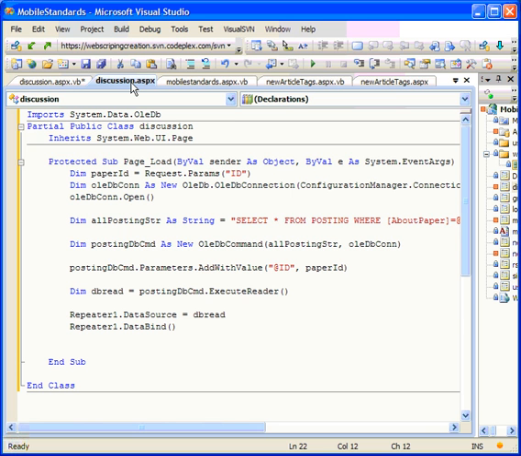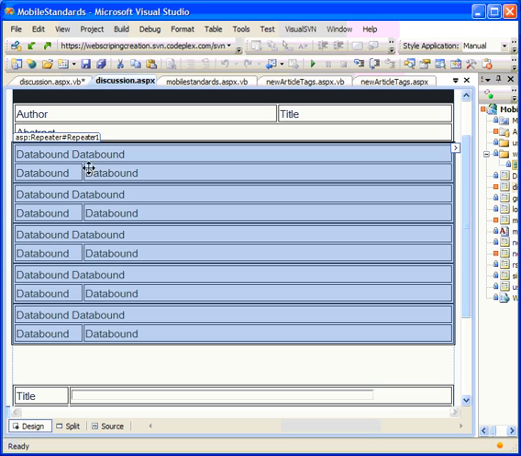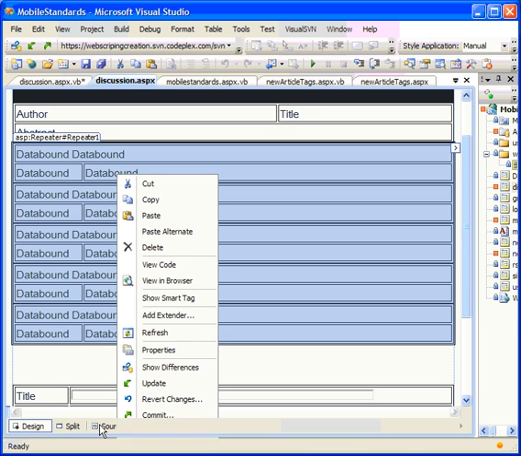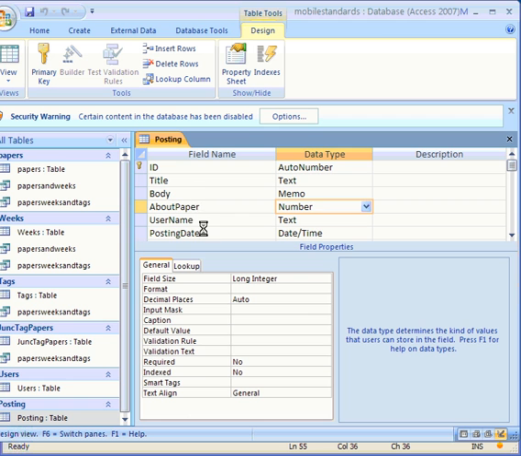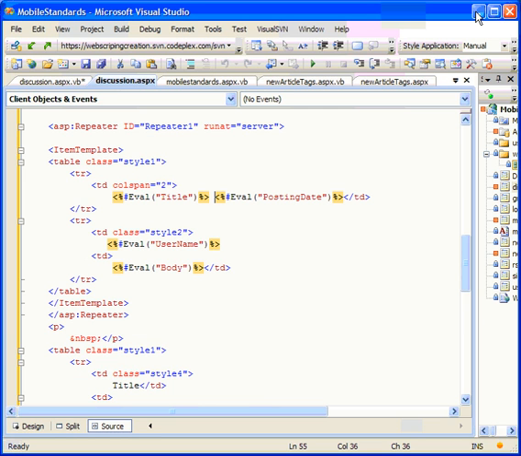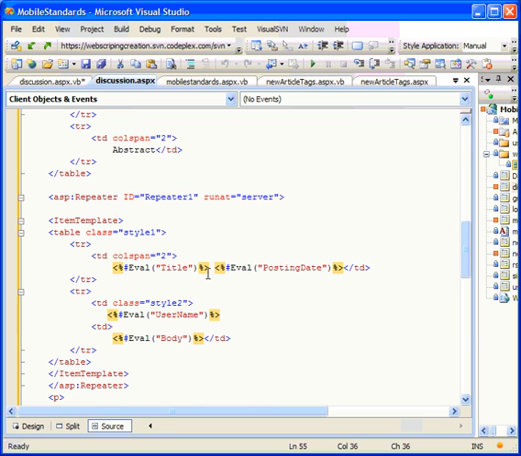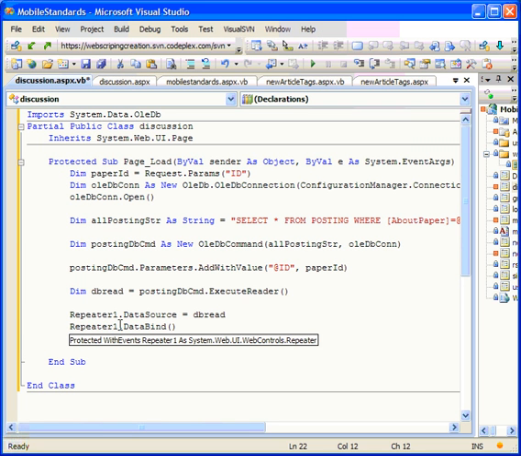However, there is another thing we have to do in the repeater object, because remember the repeater object has got these various fields, data bound, data bound, data bound, and therefore we need to associate those data bound controls with the correct fields. Now we've already done most of that, which I think is Eval title, Eval posting date, Eval username, Eval body. Let's just check that those Evals relate to username, posting date, body, title. So that all seems to be fairly fine. Okay, so we've put in our data bound control. We've associated certain fields in each record, which will always get displayed. Okay, and then we've done the binding in the code behind to associate that object with the